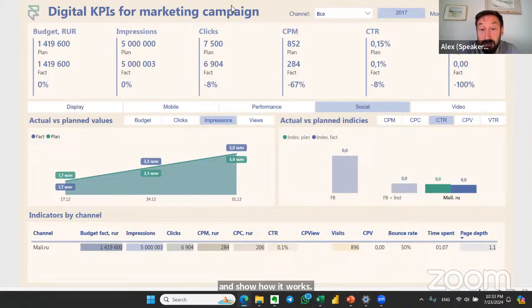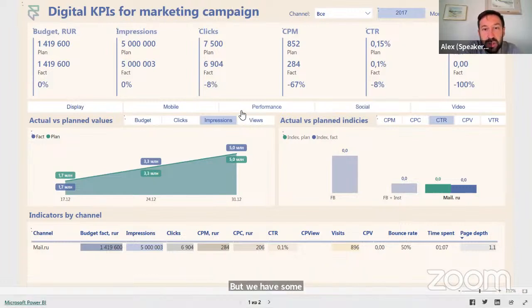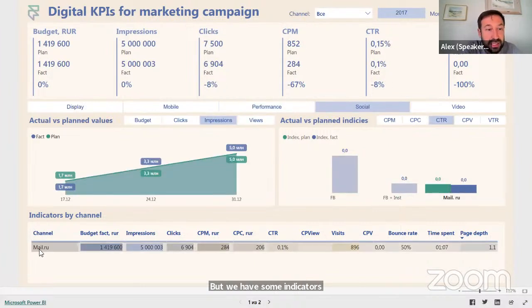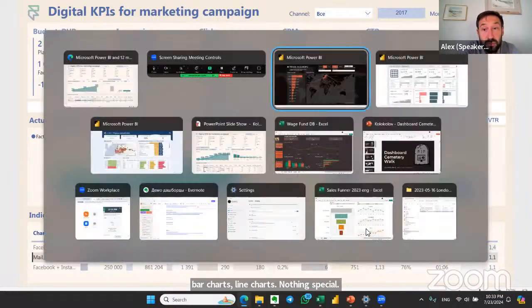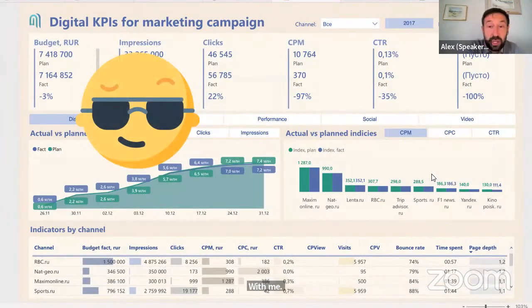So what I mean, this dashboard is not a great example of data visualization. We have some indicators overloaded. We have default bar charts, line charts, nothing special. But again, let me remind you, finally, this dashboard has survived